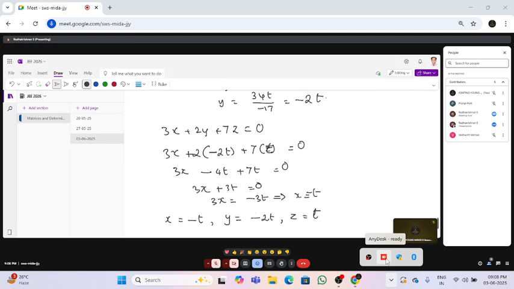Okay, so I hope you understood this method of calculating the rank, determining the consistency and solving the equations. Any questions, doubts? No, sir. Okay. So I think with this, I'm going to stop discussions on matrices and determinants because I think we covered everything, to my knowledge, that is there in your book. So now it is your job to revise your book again. Every problem in your book you should be able to do. And if there is anything that you're not able to do, please revert to me. Yes, sir. Anything that you're still not understanding, you revert to me, because next class I'm going to move